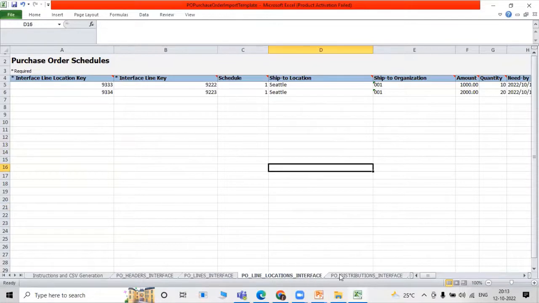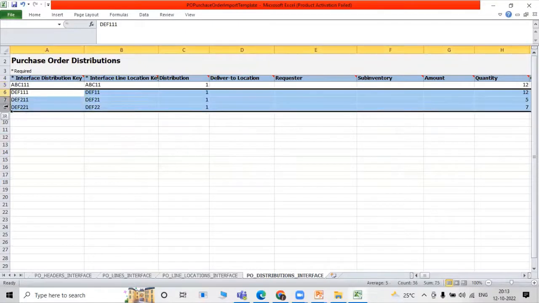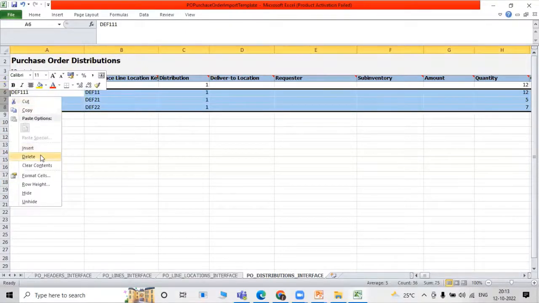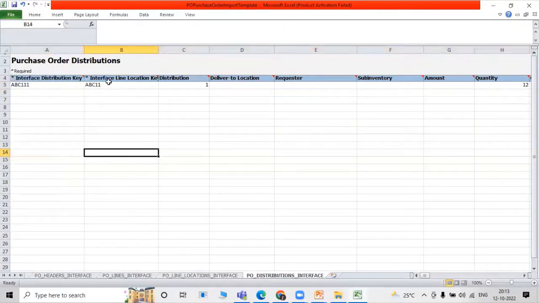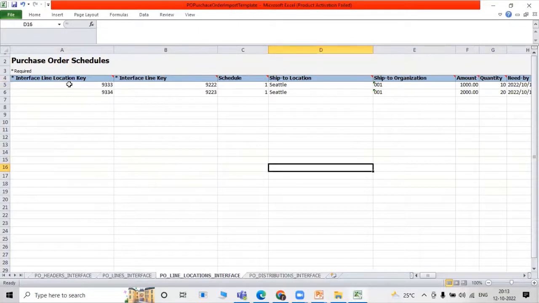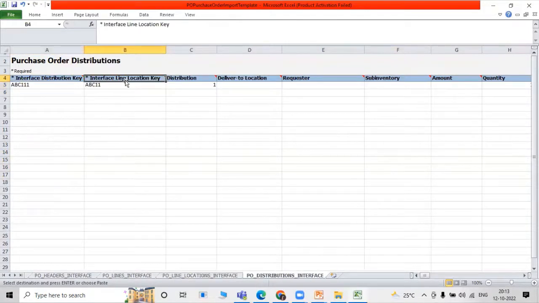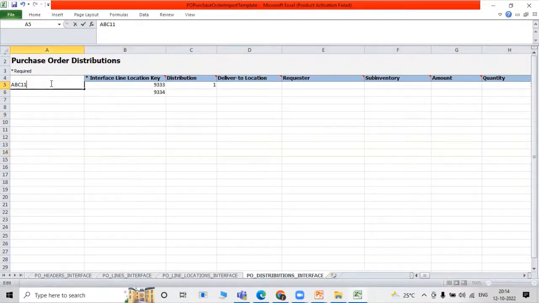Now go to the 4th tab. This is the order distribution, purchase order distribution. Same way, delete all the information. And we have to define the interface line location key, which is in our 3rd tab. Interface line location, copy this one. And we have to define it into our interface line location. And we have to define the distribution key, which is nothing but a